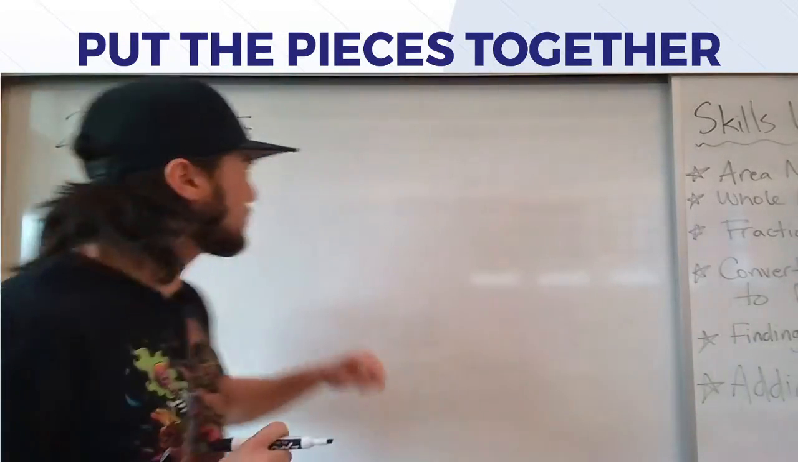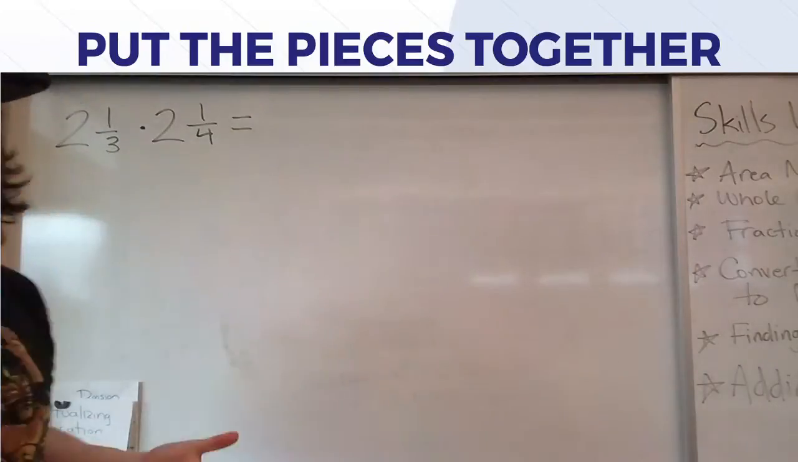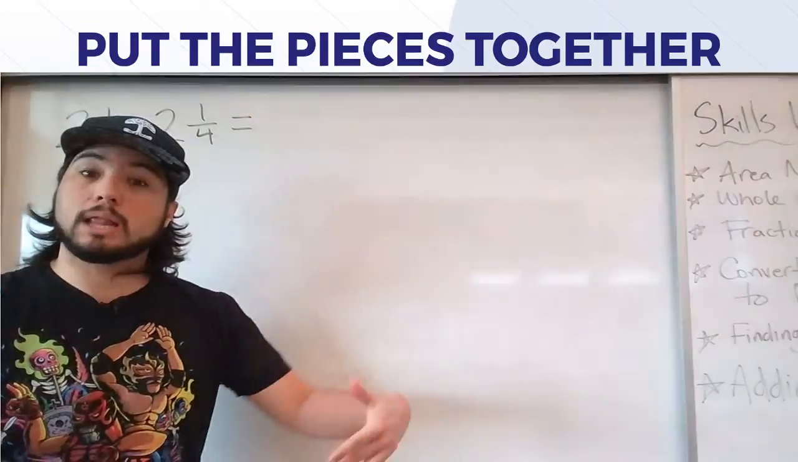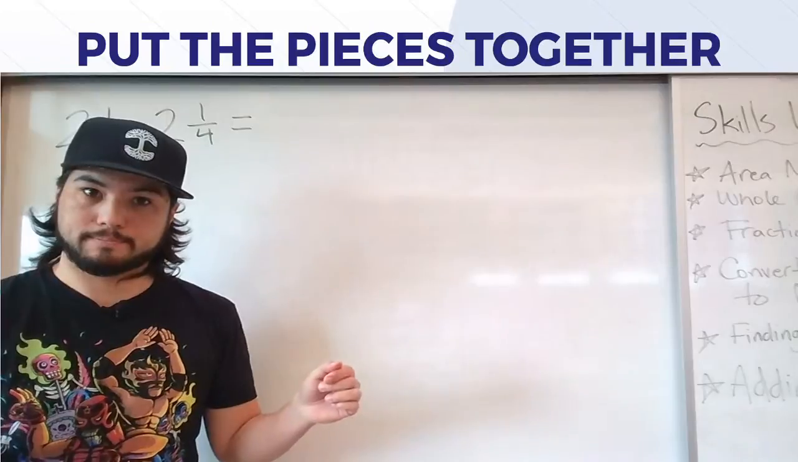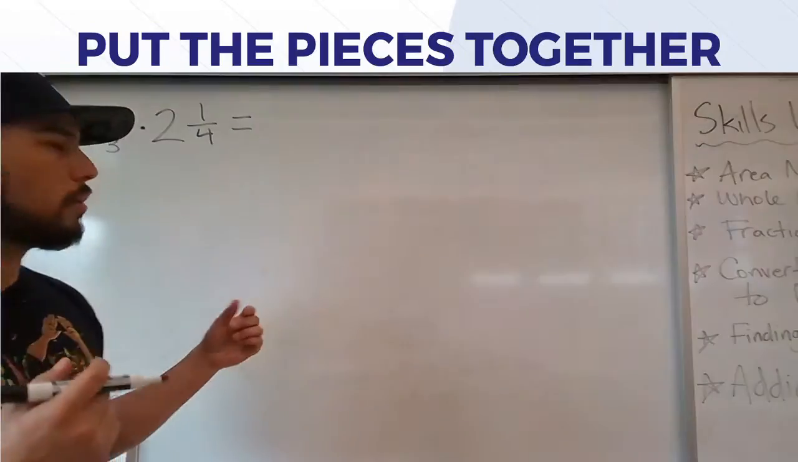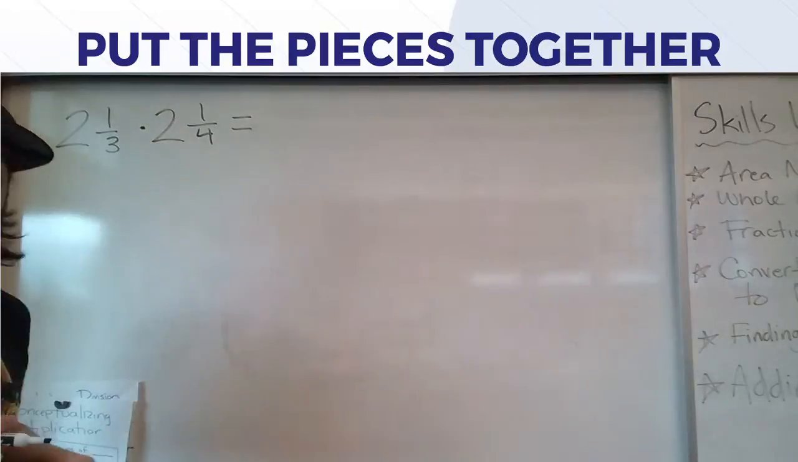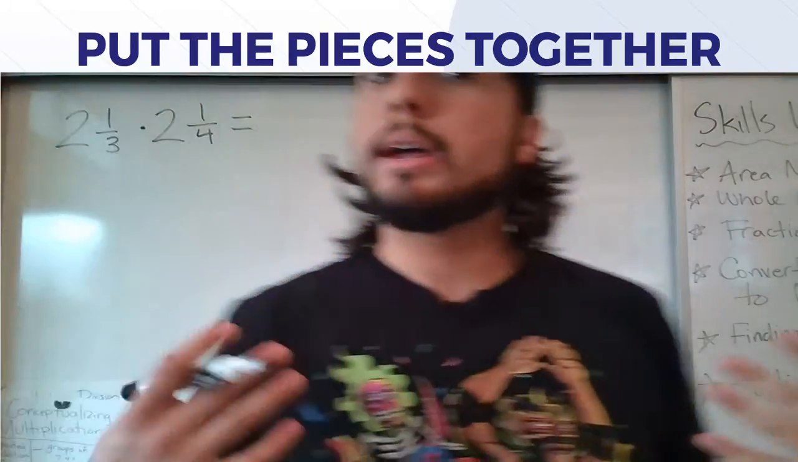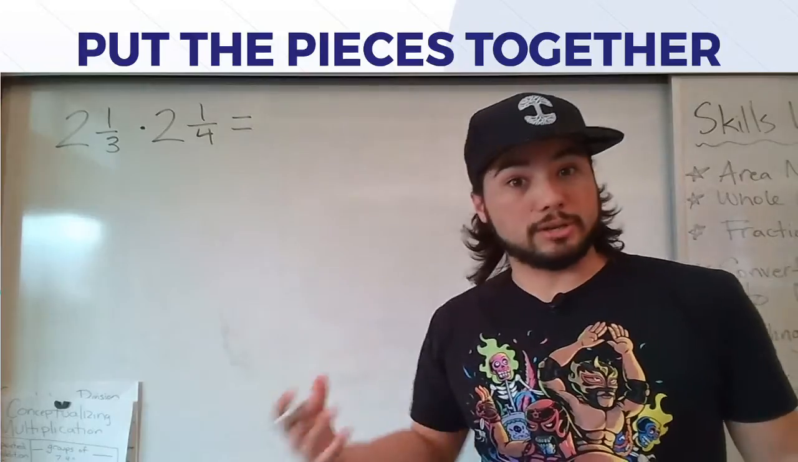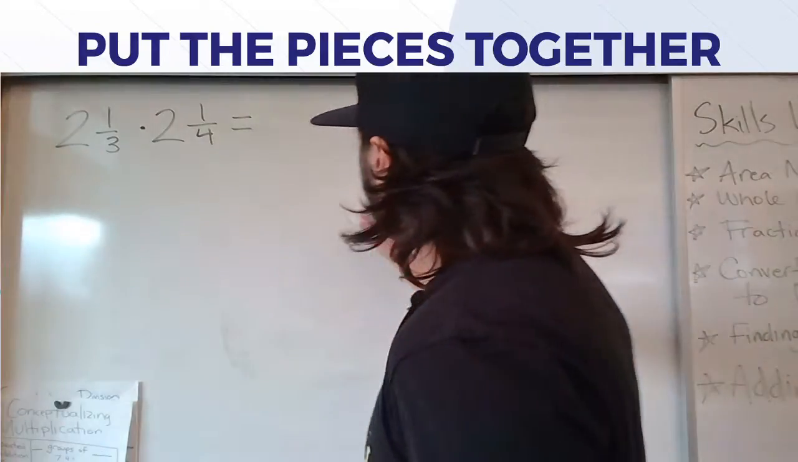Anyway, we're going to go with 2 1/3 times 2 1/4. Let's think about this because we have two mixed numbers, a whole number plus a fraction. When we have a whole number plus a fraction, we can break this up and separate the whole number and the fraction just like we can a two-digit number. So we could make